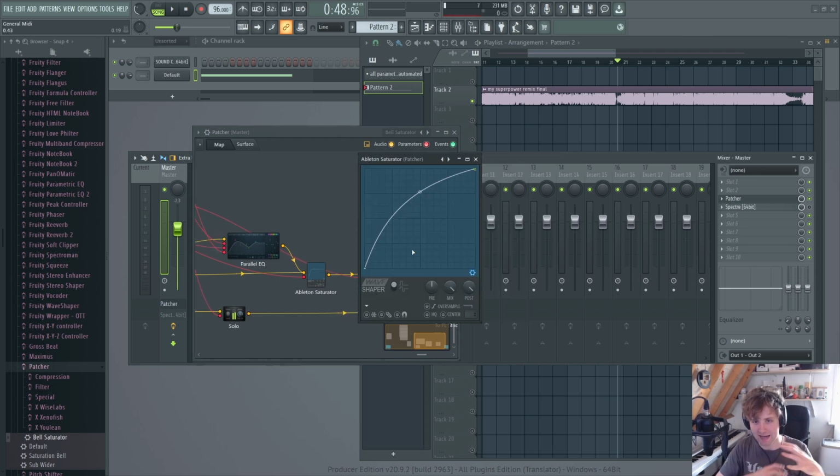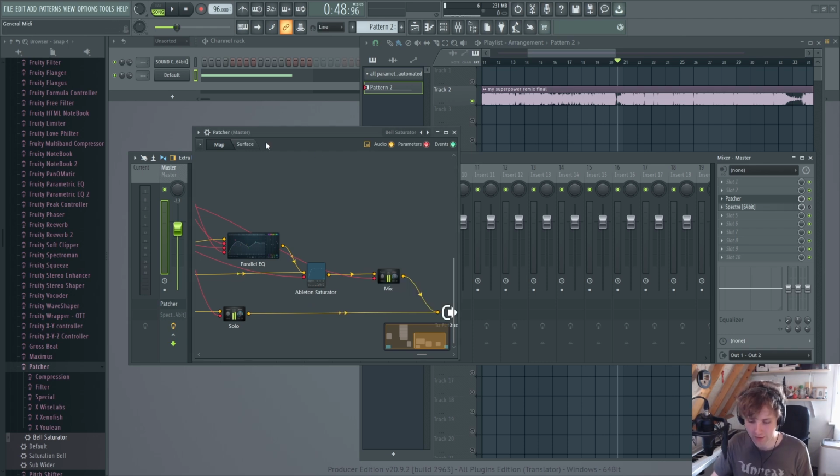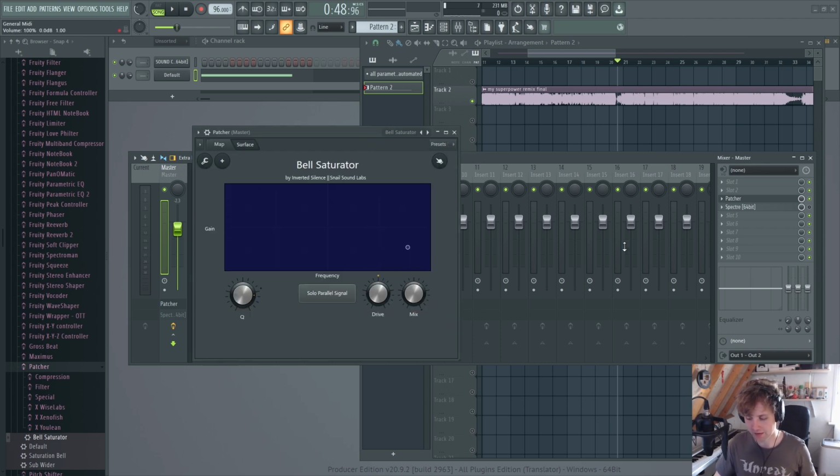Now you could add any plugin that you have instead of this one to create different variations of the concept. You just remove this guy and add your own plugin to it. The only knob I'm automating is this post gain, that's this guy over here. Oh, it's the pre-gain, whatever. You can connect this to whatever pre-gain parameter in whatever distortion. So yeah, that's Bell Saturator.